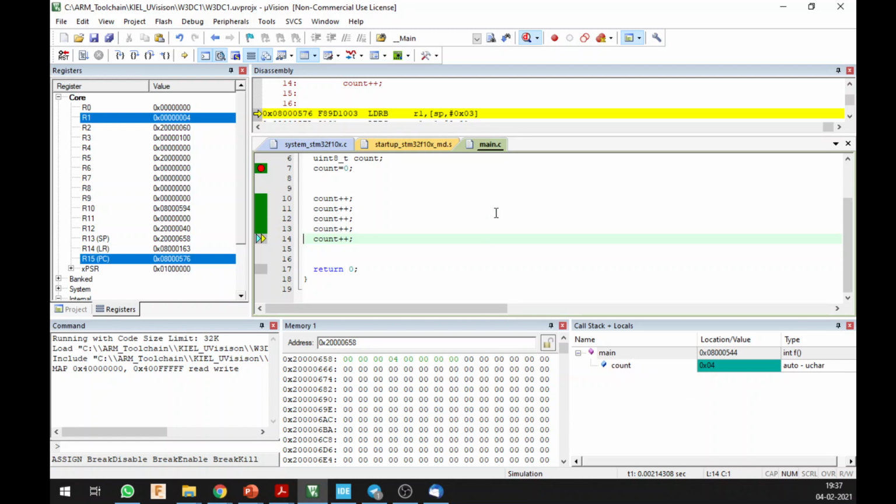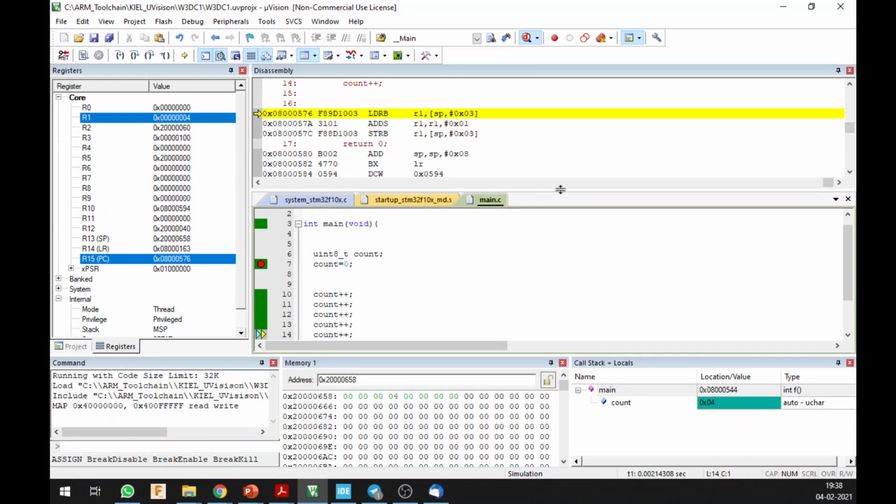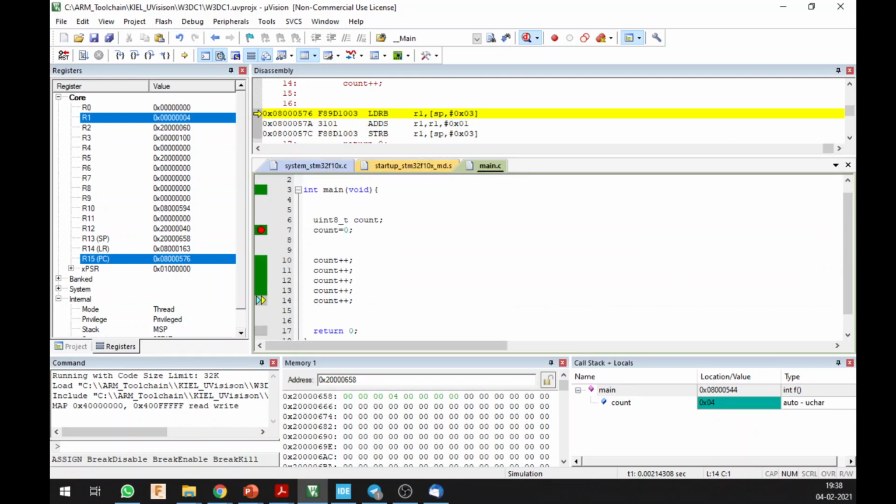All right, so I hope till here it is clear, because next is interrupts, and we might want to have this part clear before we get into interrupts. So if any question, just speak out. I'm all ears.